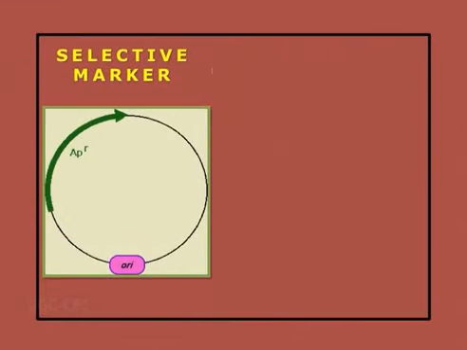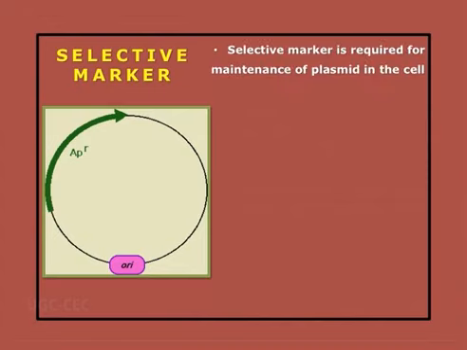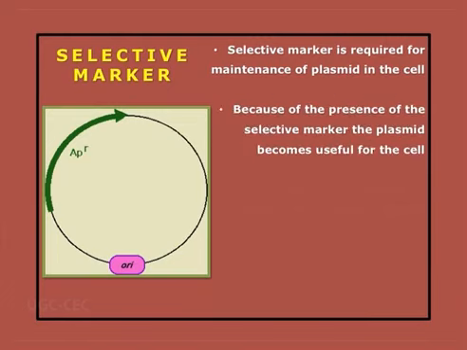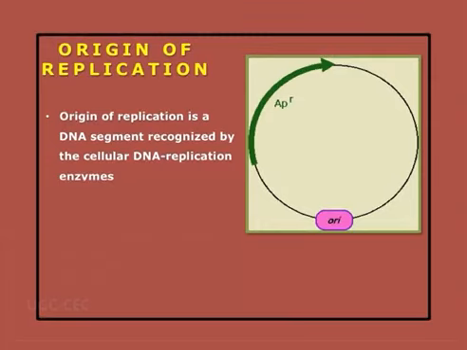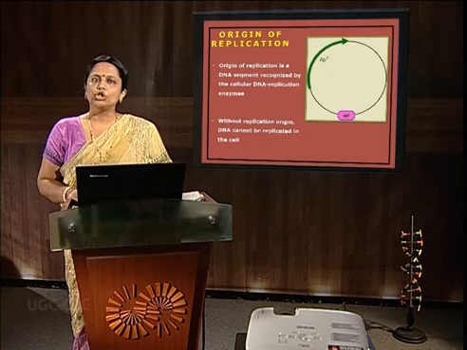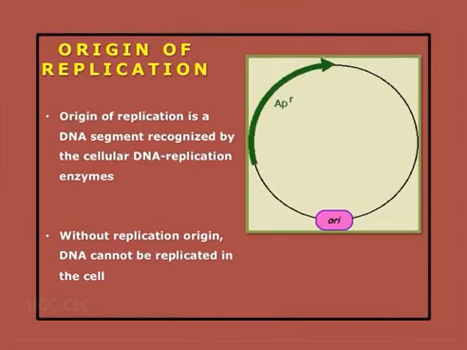Next step is why these elements are required. One by one, selective marker. Selective marker is required for the maintenance of the plasmid in the cell. In other way, it provides a selective advantage to the bacterial cell, whereby the bacteria, after receiving the plasmid, gets a survival advantage. And this is the reason that it will allow the existence of this vector, DNA or cloning vector inside the host cell. You can see here the existence of origin of replication. As I said, the cloning vector plasmid should be capable of autonomous replication. It carries on replication in an independent fashion.